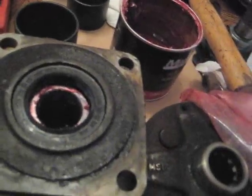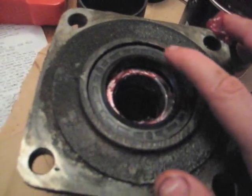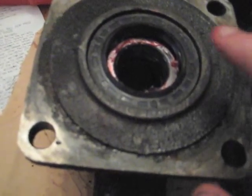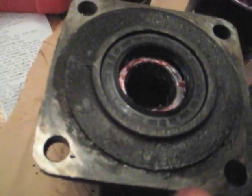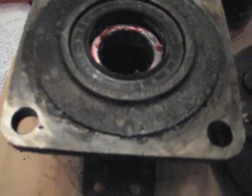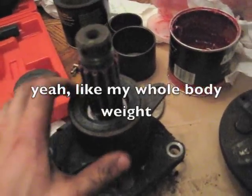Alright, we got all that back together, and put a little lube on the axle and seat these back where they were. The inner one a little bit inside, the outer one pretty much flush, and reinsert the axle. This one went in a little bit harder than it did the first time, but once it got past the outer edge, it just kind of fell in, which was great. They both did that. Alright, I think I got it seated,